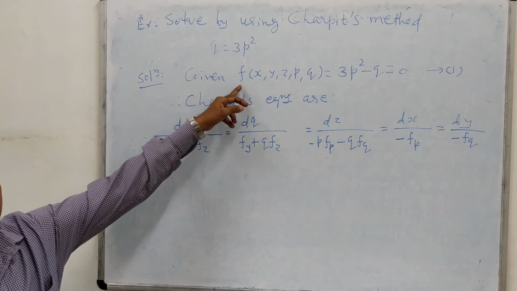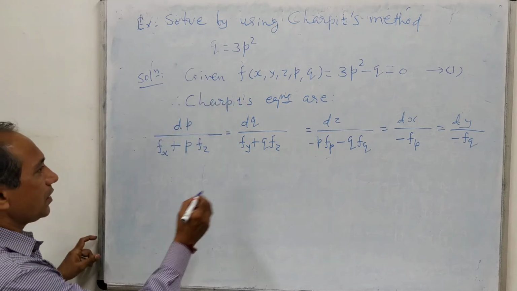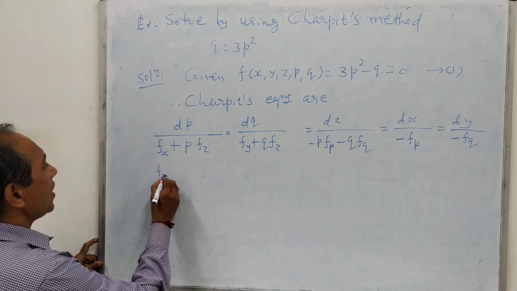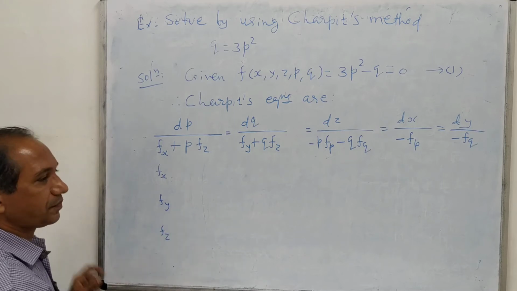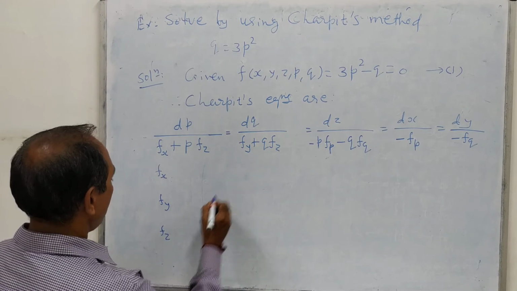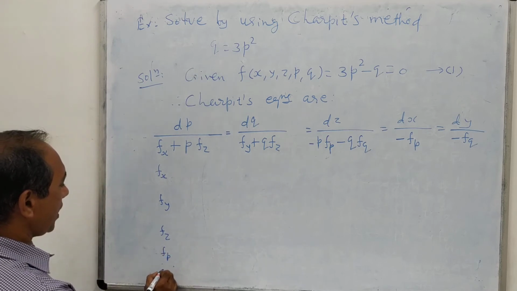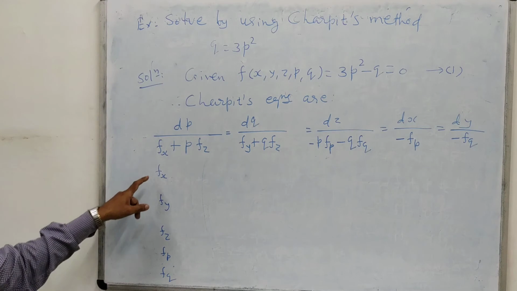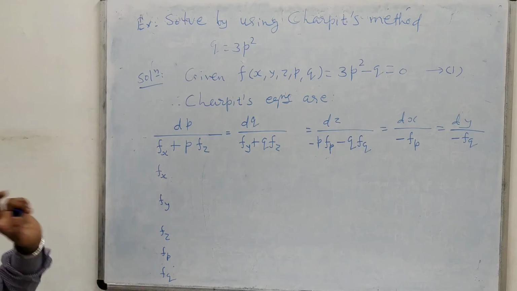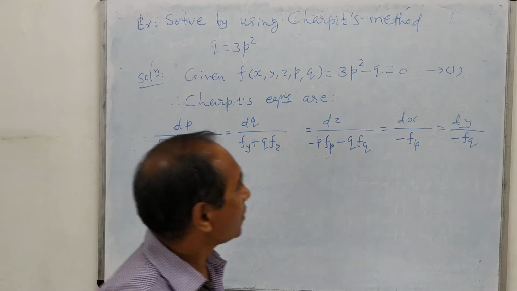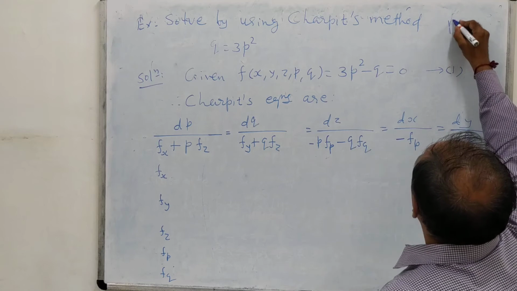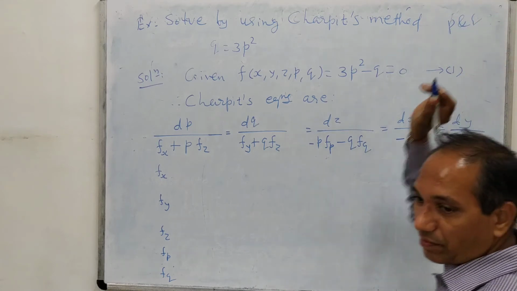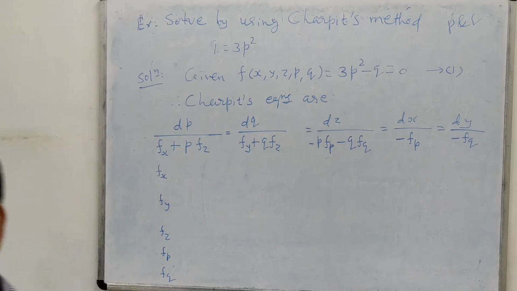Now what do we require to find out? We are given the function f. Throughout we will require to find out f of x, f of y, f of z, then f of p and f of q. These 5 things we are required to find out. However, what is our target? You must remember that we are using these auxiliary equations. Finally, our target is to find out the values of p and q only. And once we are able to find out their values, then it is sufficient.